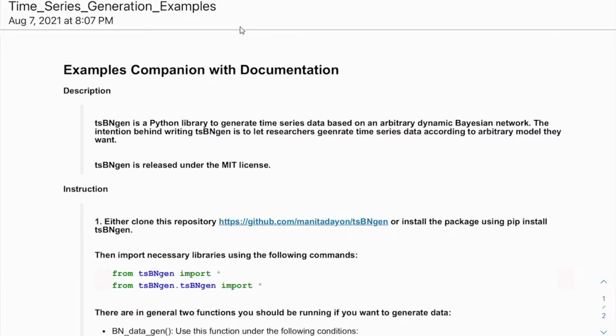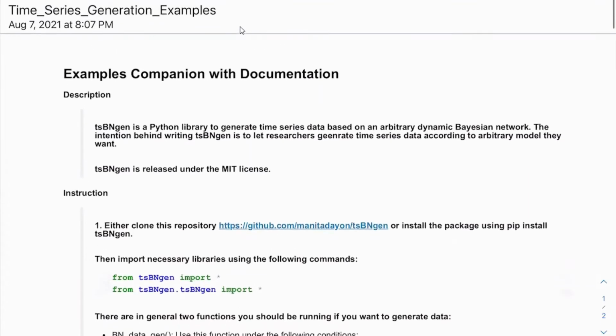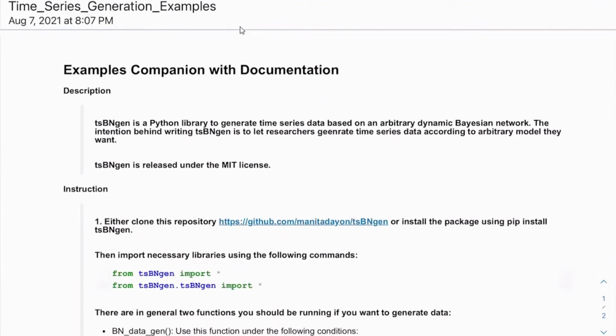Today I would like to walk you through this file that I have in my GitHub, time series generation examples. This is a Jupyter notebook file that is already there. You can download it, clone it, and then look at it at the same time with me. Or in the next video, I'm going to walk you through that using Python, how to install this package and how you can actually use this package to generate any